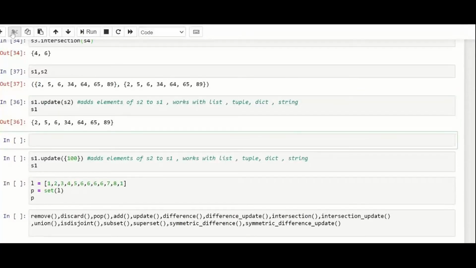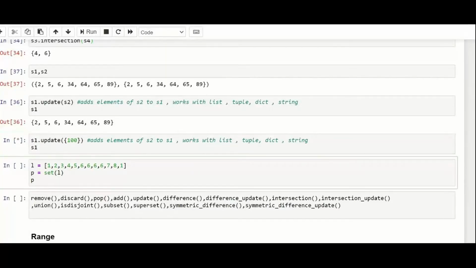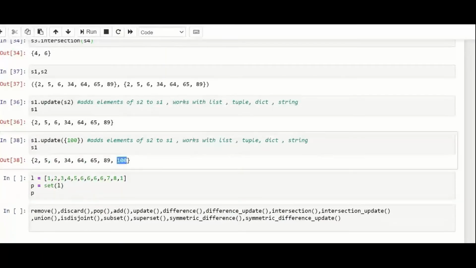So let me just delete this one. So if we have S1 dot update 100, basically what it will do is add 100 here also. So your update method adds in.